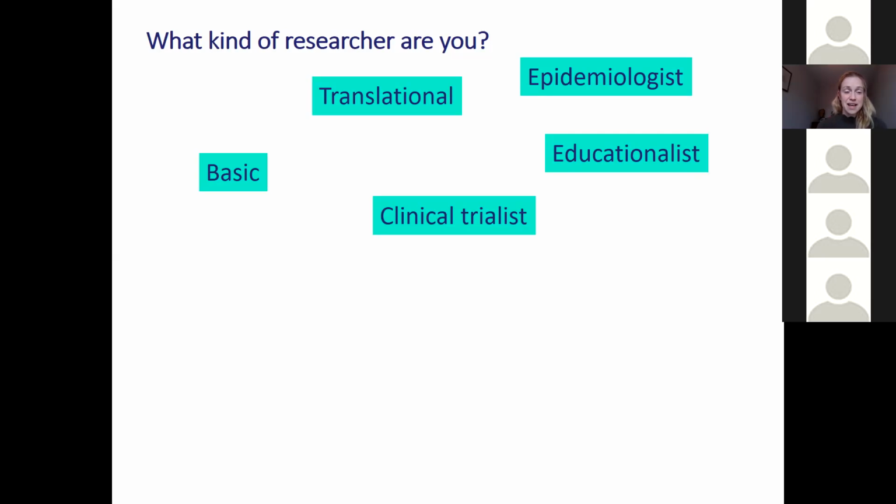So these are just a few ideas in terms of what types of researcher you might want to be. I would suggest that probably most of us are somewhere between translational and clinical trials, but there are obviously lots of other areas, and you might go across different areas. And I think then you have to think about what topics actually interest you the most,